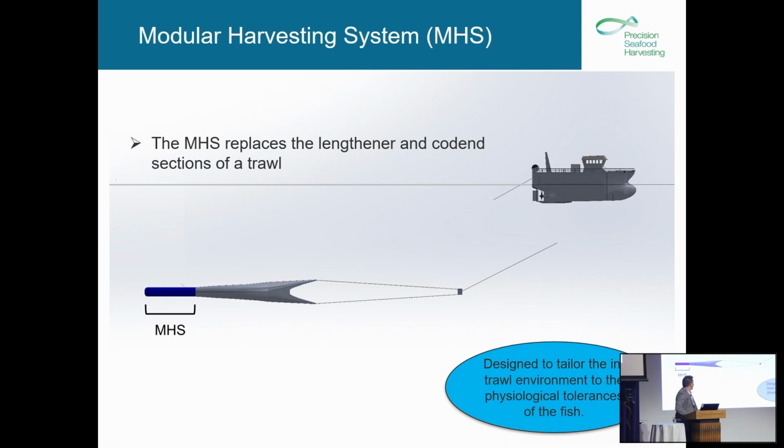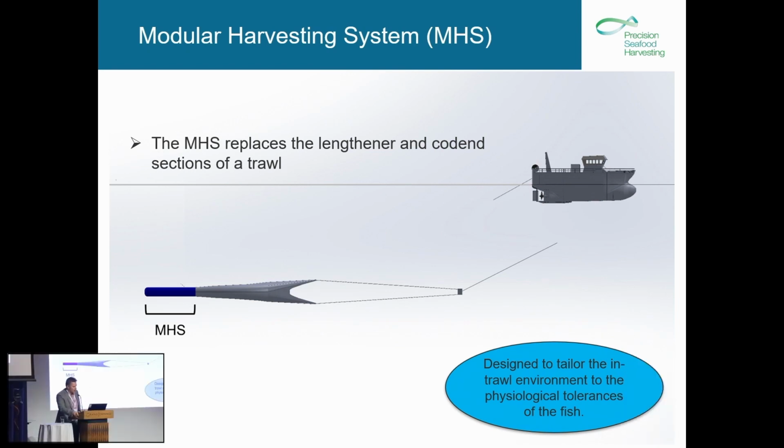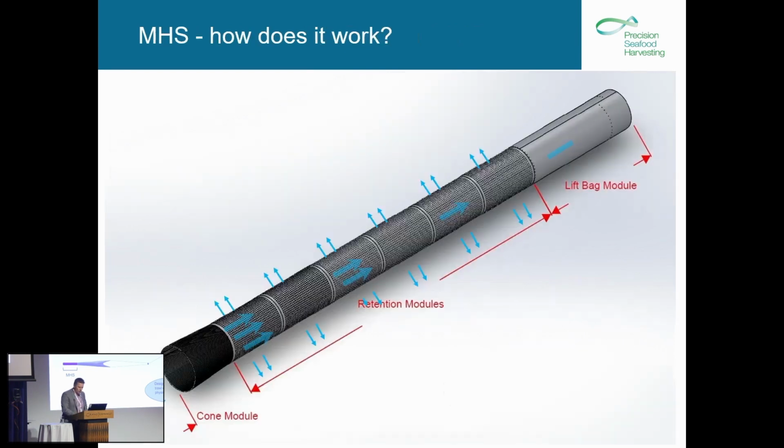So what am I talking about? What we've called the modular harvesting system is a membrane-based technology. It no longer uses mesh, and it is designed to replace what you would call the cod end and what in New Zealand we call a lengthener, but I think you call an extension up here in terms of a typical trawl. The idea is to tailor the in-trawl environment to more closely match the physiological tolerances of the fish,